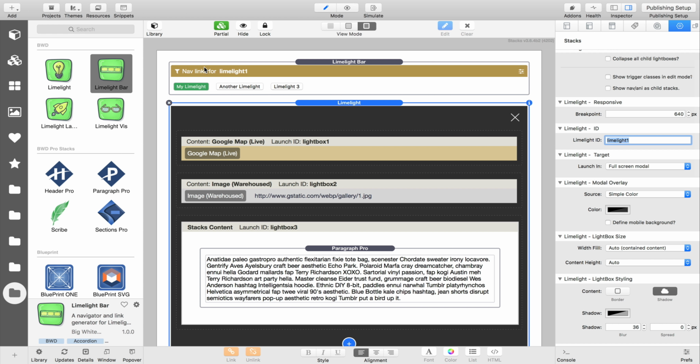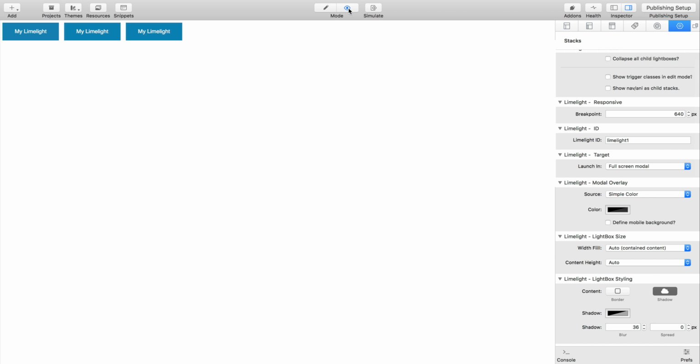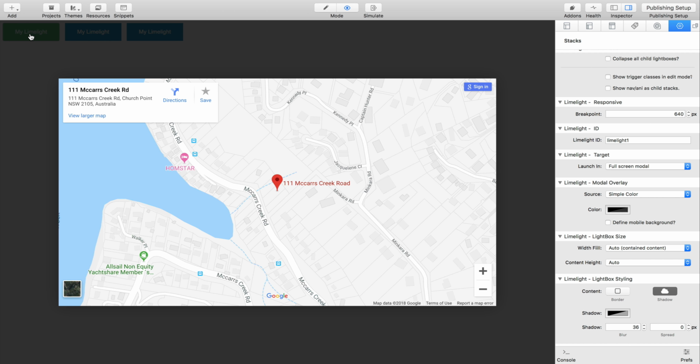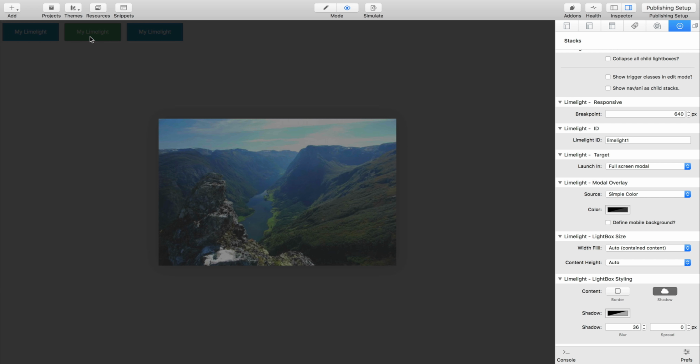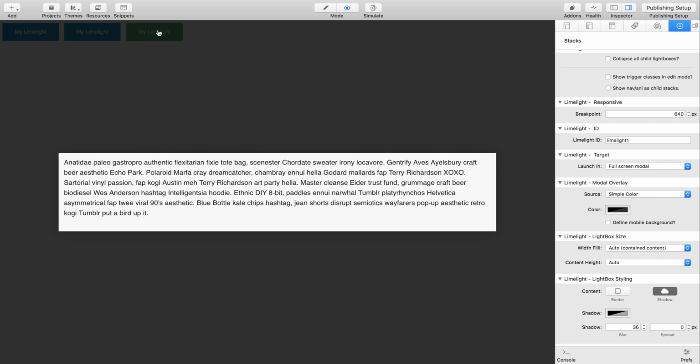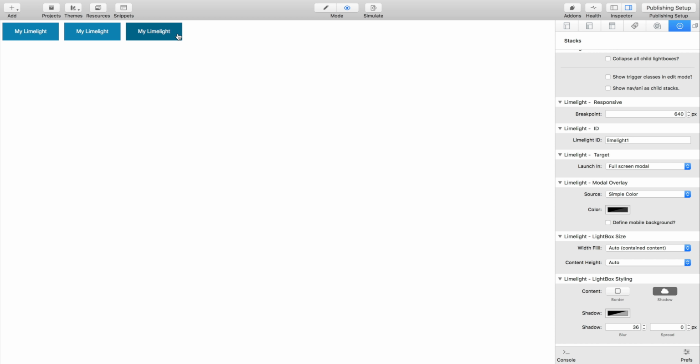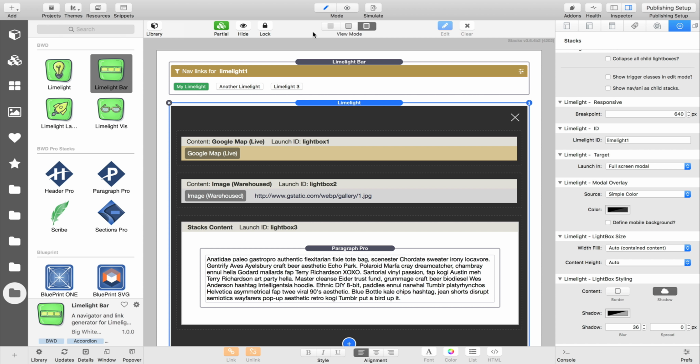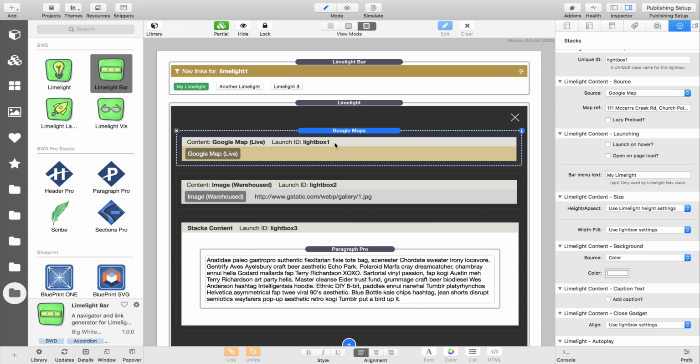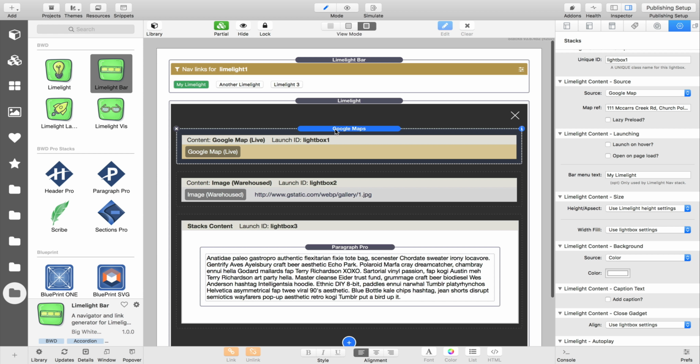So let's just take a quick look at that in preview. And we'll see that we've now got 3 Limelights, our map, our image, and our stacks content. Now the buttons all say My Limelight on them, and that's because we haven't told them to say anything else. So if you look in the stack settings, there's a bar menu text entry just here, so we could say